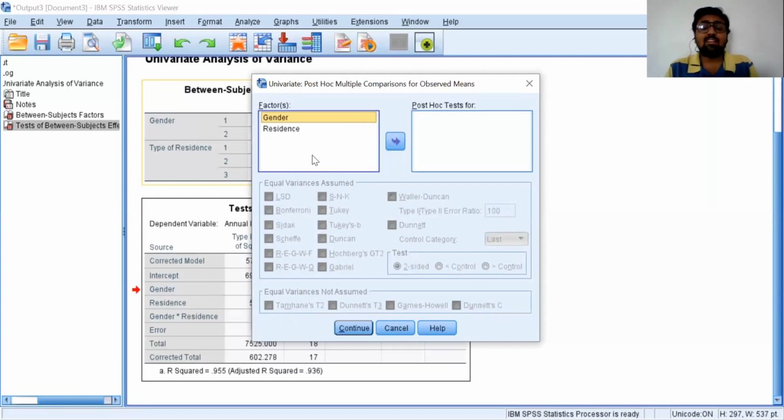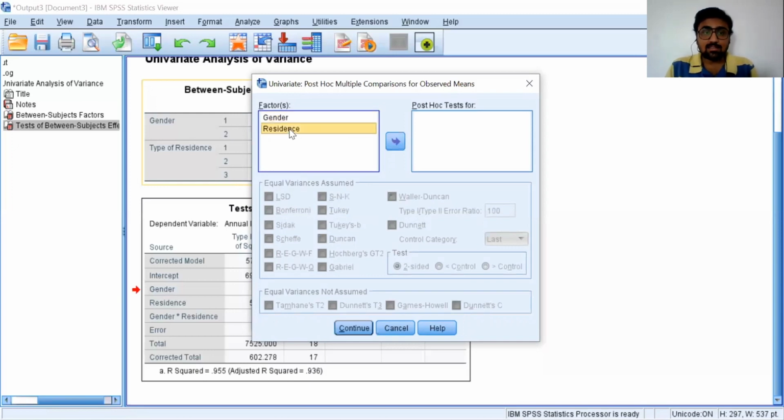Even if you find a significant difference between male and female, again there is no sense to use a post hoc test for gender, because gender has only two categories. So if there is a significant difference, we can easily say that these two categories are significantly different from each other. So the post hoc test is used when we have more than two categories in our nominal variable.